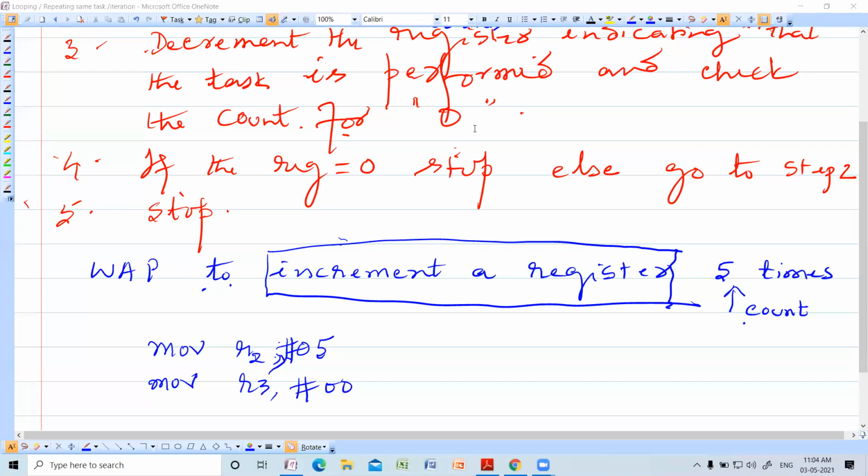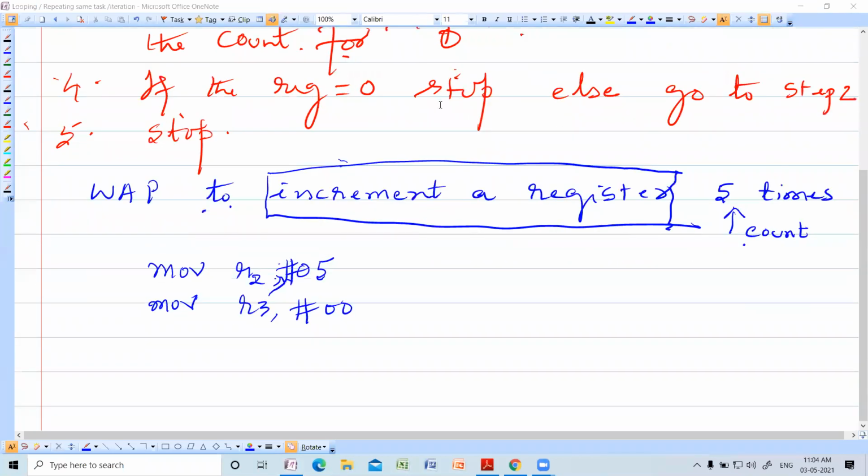I should increment 5 times. So that is why I have initialized R2 as 5. So count is equal to 5. So 5 is a value. That is why I am writing hash there. So MOV R2, #05.